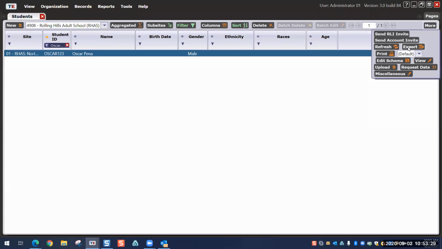Another new feature that has been released is your RLI invite. Those are basically locators or placement forms that you can send through the demographic record. It's an invitation that is sent either through email or text or perhaps both, and the student gets that and can take that placement test in the comfortable environment of home without a proctor. There is no need for a proctor, and they get it through their phone or their email, and they take that